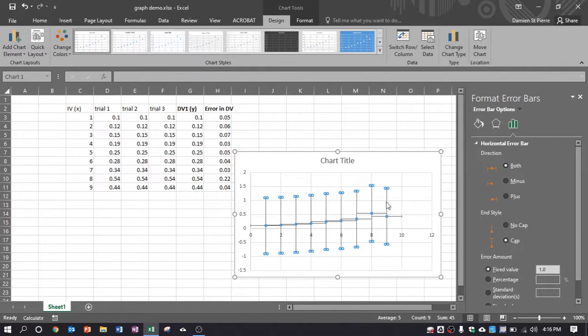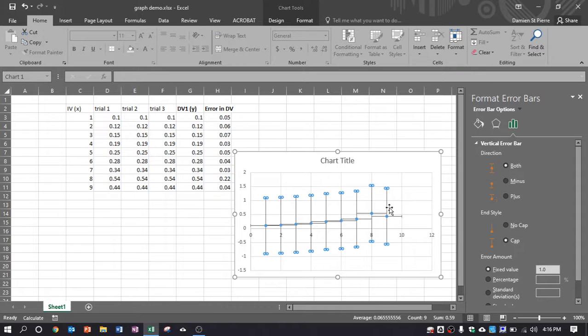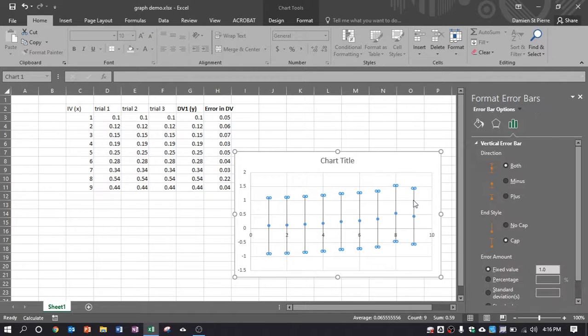But what we do have is an error in our dependent variable, which is an error in our y, so that's our vertical. So we will use that to make these error bars. But first, I'm going to click on horizontal and hit delete. Now, if you did have a horizontal error, you could use the steps for the y-axis in a second. But I'm just going to delete them for now. So all you'd have to do if you want to delete the horizontal error bars, click on the horizontal error bar, hit delete,